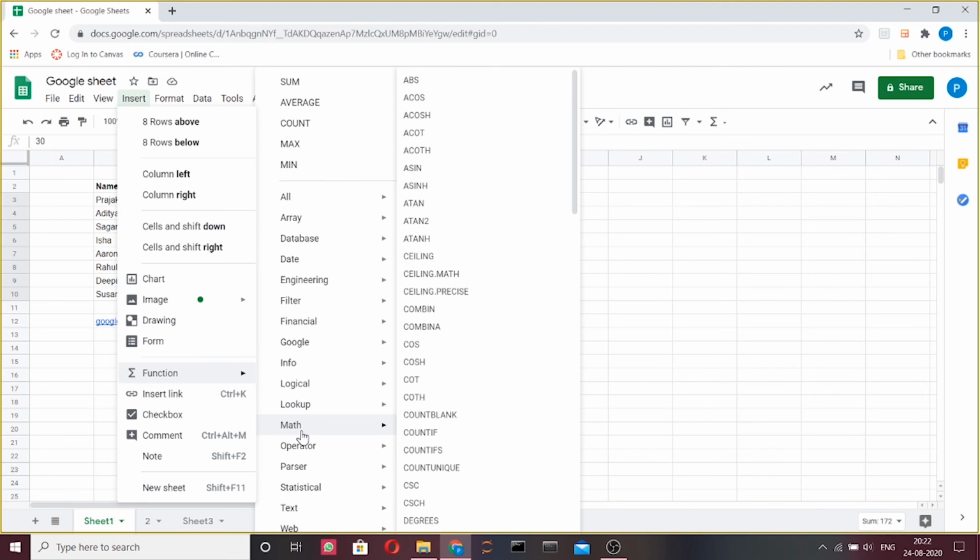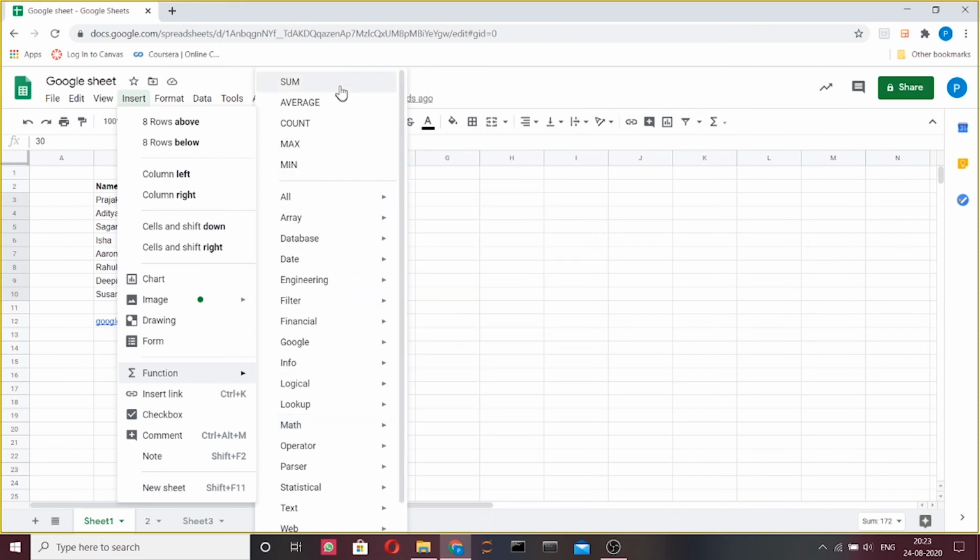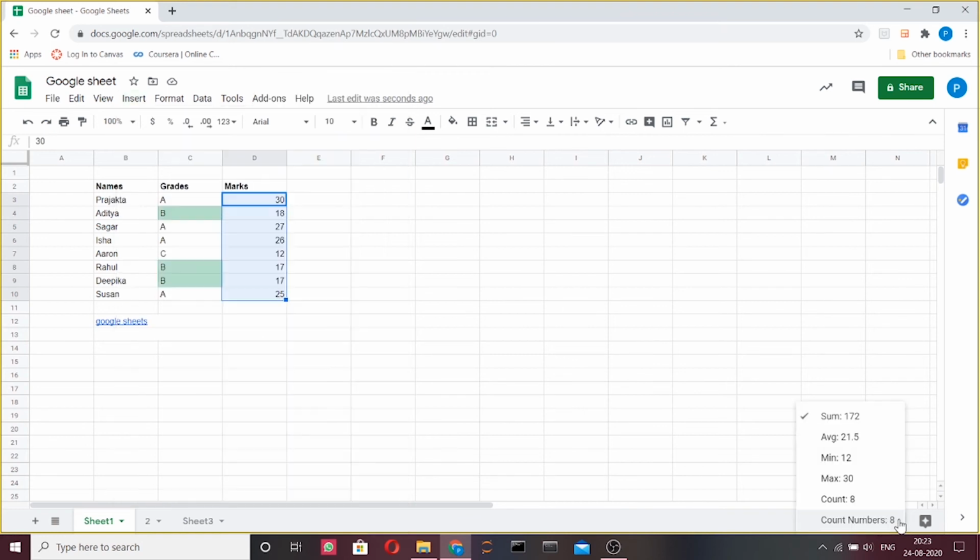The concept is a little advanced, so it's recommended that you overlook this and only focus on basic functions. For now, an alternative way to access the basic functions is to click on the drop-down list at the bottom. In the drop-down menu that appears, choose the operation you wish to carry out on the group of cells. Remember, you must select the cells beforehand.